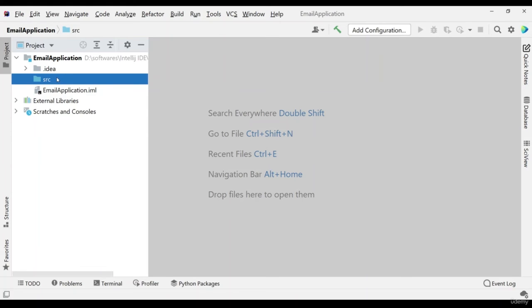So just right click here. It will give all the options related to this. Click on new. You can see every option of what we can make in this.